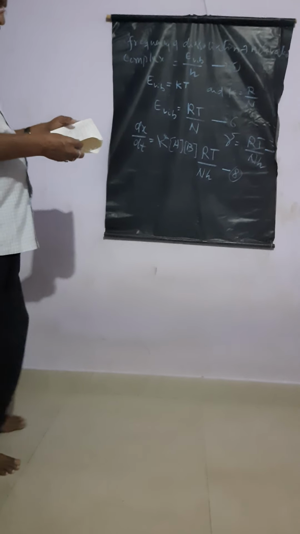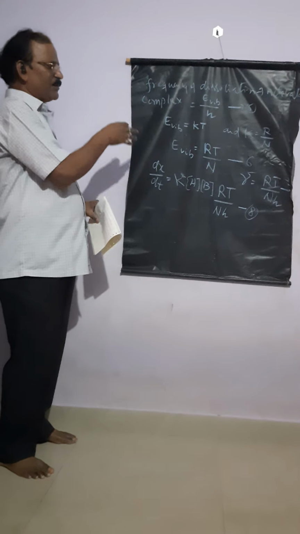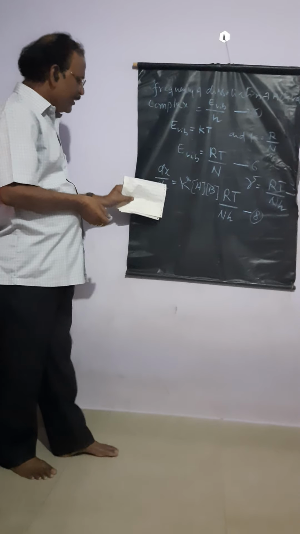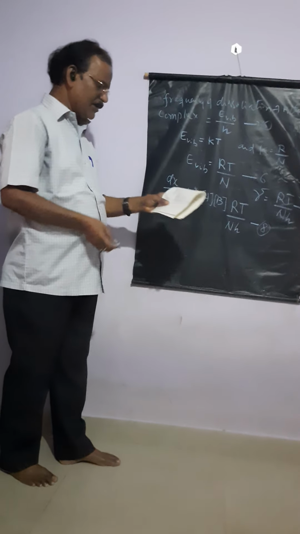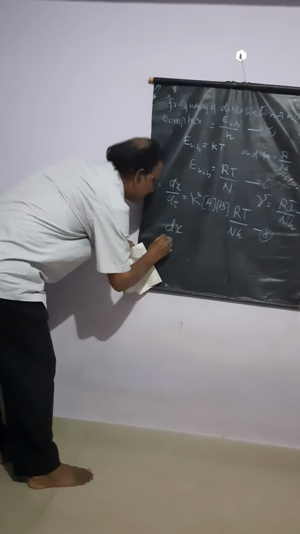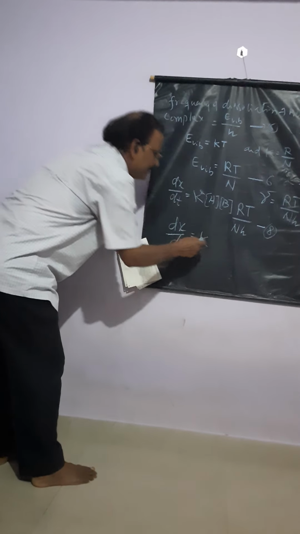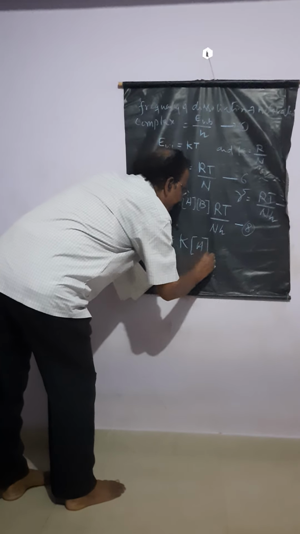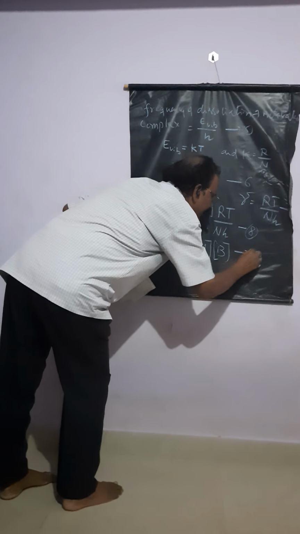But we know that for the concentration of the reactions taken, go back to the general. In general, the rate of the reaction by taking concentration is given by rate of reaction dx by dt is equal to K into concentration of A into concentration of B. That is, in general, by taking concentration terms dx by dt is equal to K, which is the rate constant of the reaction, into concentration of the reactant A and B. Say this as equation number 9.